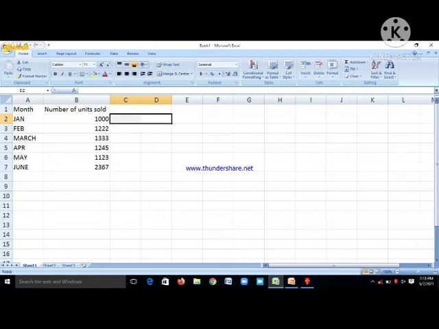Select this cell and by pressing the shift key we can drag the range like this. Okay,